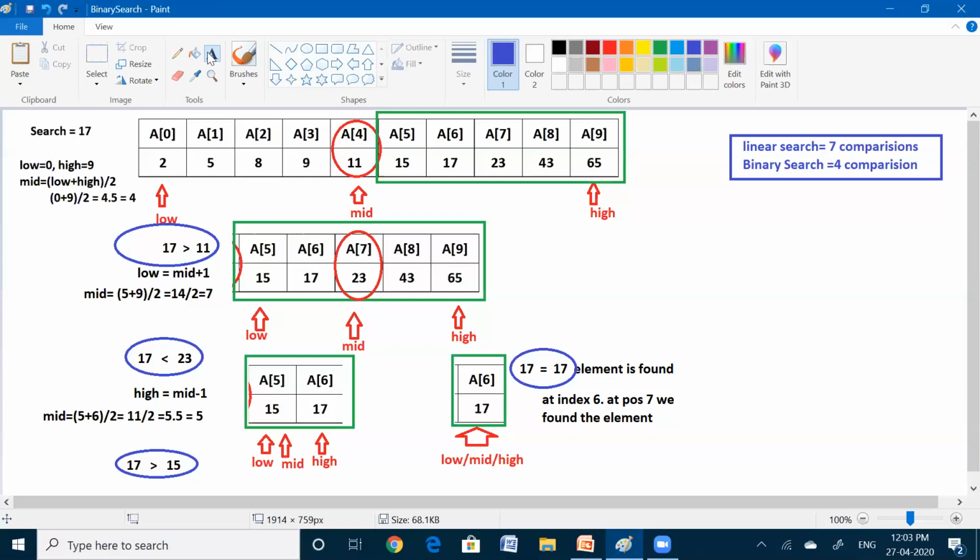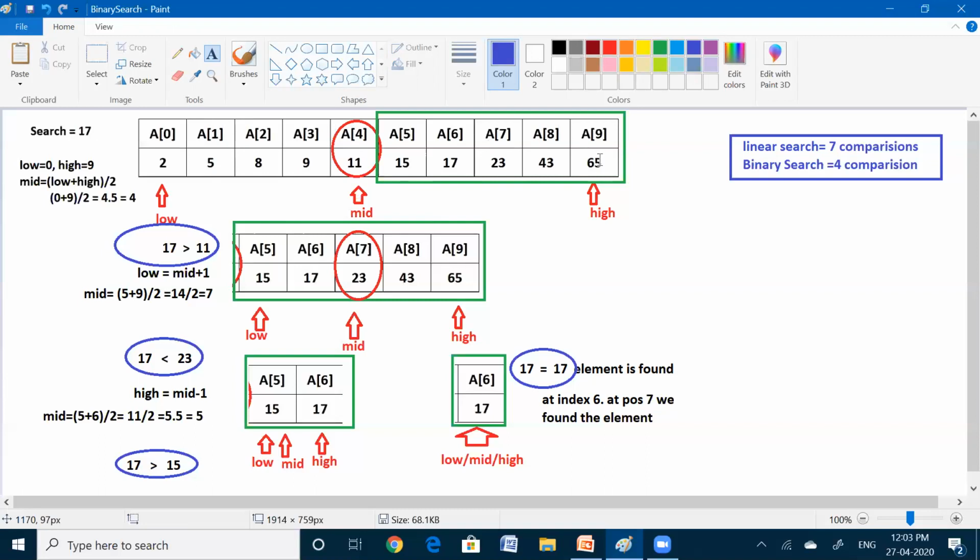And see one more case, the worst case. Just assume that whatever element you want to search in the list is there in the last position of the list. In that case, if you are using the linear search algorithm, we need to go till the last position to find the element. Suppose your list contains 10 elements; after the 10th comparison only, we can say that the element is found in the last position.